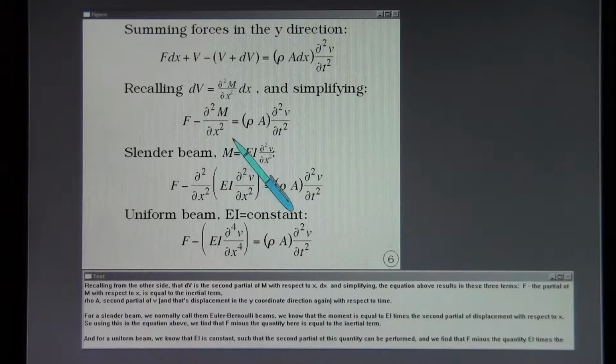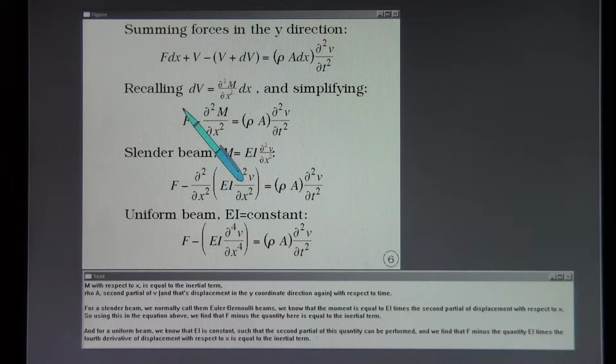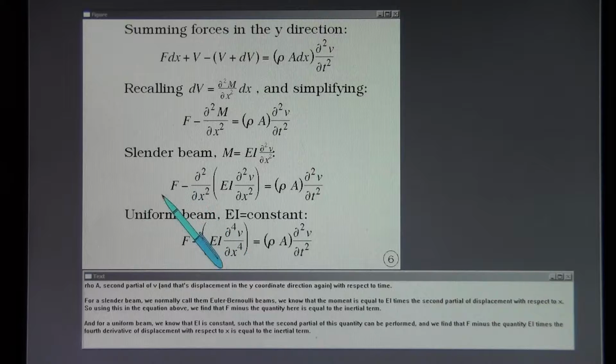So using this in the equation above, we find that F minus the quantity here is equal to the inertial term. And for a uniform beam, we know that EI is constant, such that the second partial of this quantity